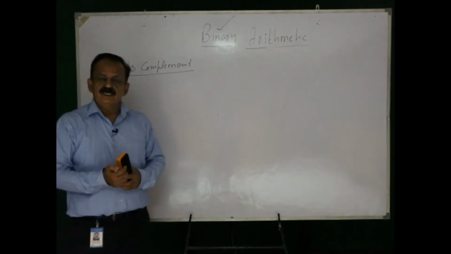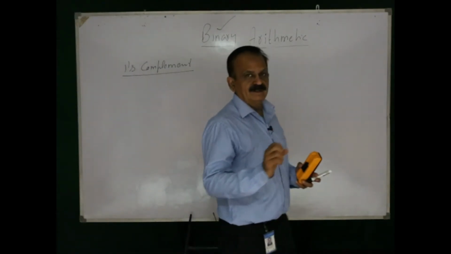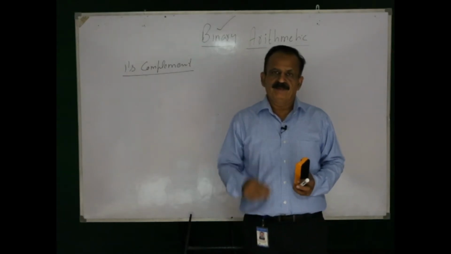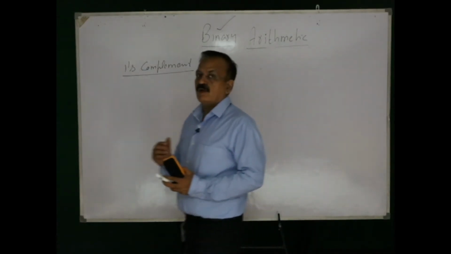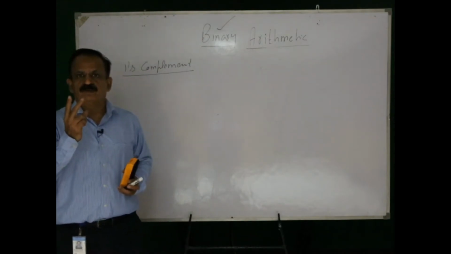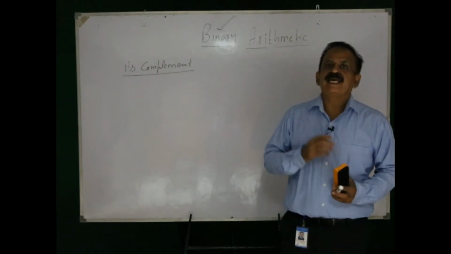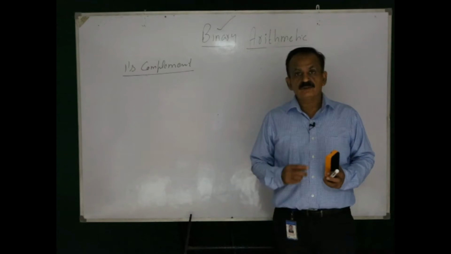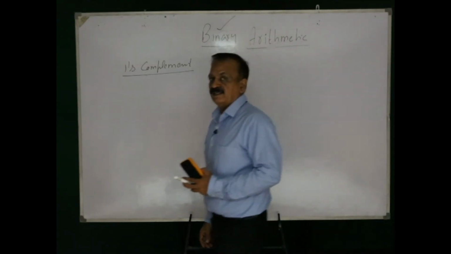What we do is we find 1's complement of the negative number. This is important. Find 1's complement of the negative number. The second step will be add that 1's complement to the other number. I think in subtraction we get two numbers, right? So first point is find 1's complement of the negative number, and the second step is add 1's complement to the other number. And if after addition there is a carry,